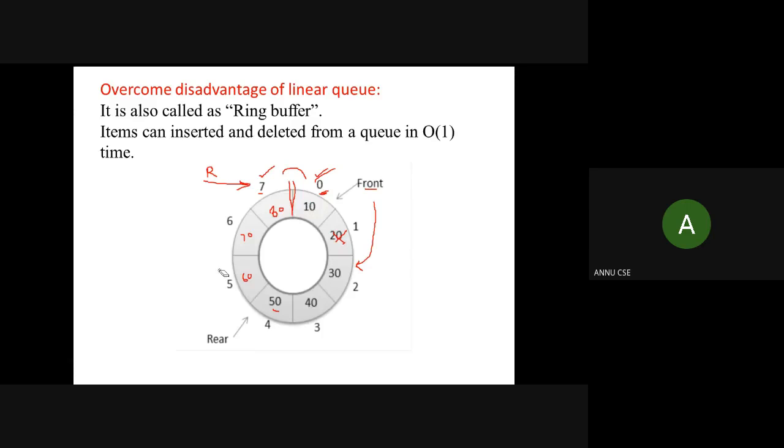Let's suppose I have again inserted 10. In this case the rear end will be pointing to index number 0. I hope you are getting how you can perform insertion in a circular queue whenever the last index is already occupied, or rear is pointing to the last index.